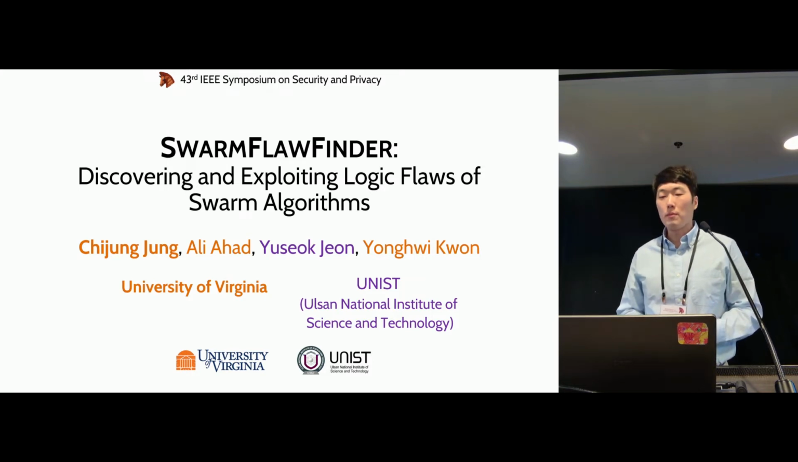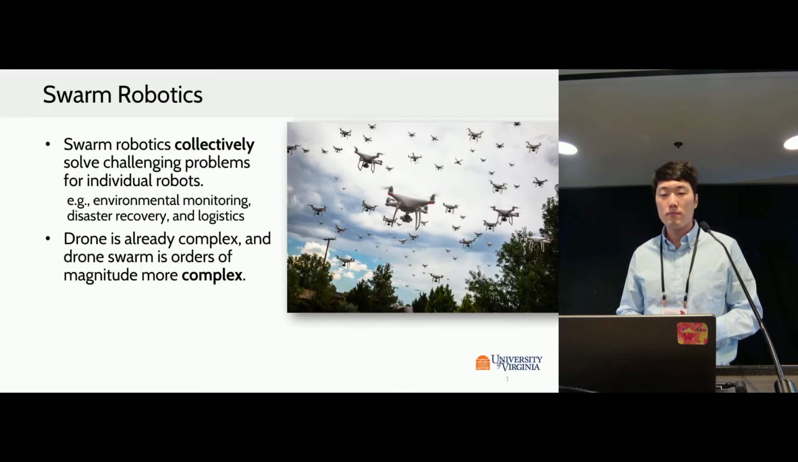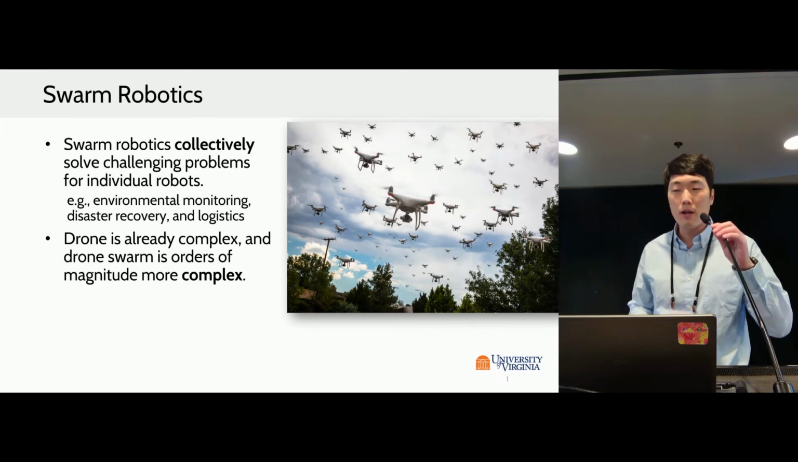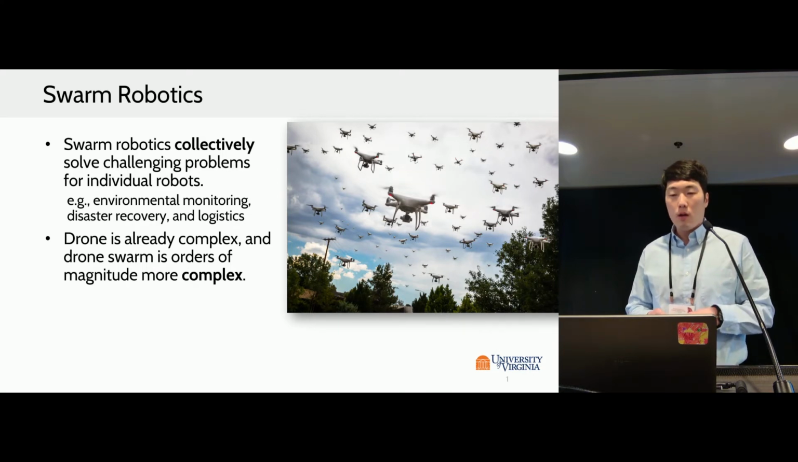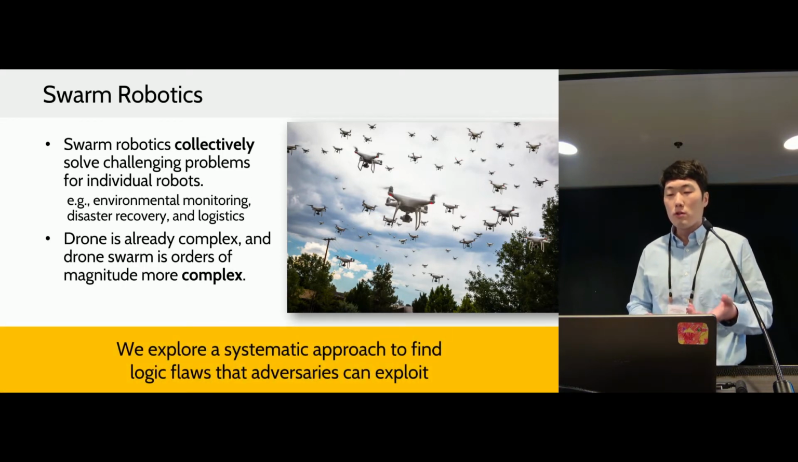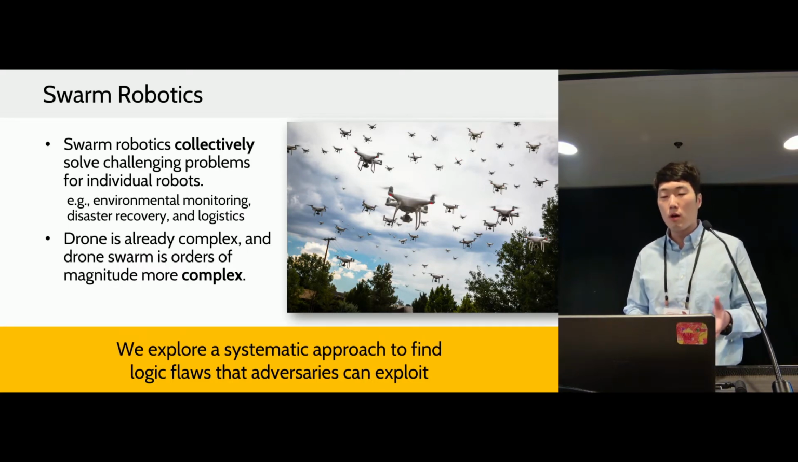I'm going to present our paper, SwarmFlawFinder: Discovering and Exploiting Logic Flaws of a Swarm Algorithm. In the near future, we may see drone swarms more commonly, like in this figure. Swarm robotics utilizes individual drones, developed to conduct challenging tasks in a collective way. Also, a drone is already complex and the swarm is more complex. With the complexity, a lot of logic flaws can be overlooked or become hard to find. So we have worked to systematically find the logic flaws, which essentially act as software bugs in swarm algorithms,